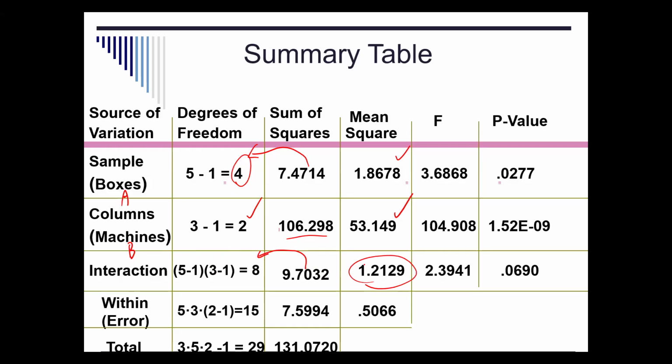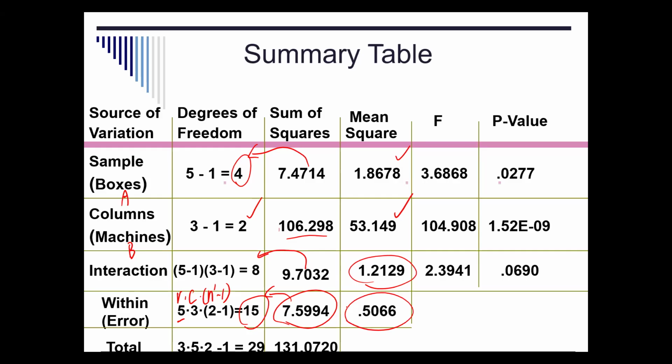And then we do the within errors, right? So we do 5 times 3, rows times columns times n prime minus 1. Right? So rows is 5 rows, 3 columns, right? 3 machines, 5 boxes. And then within each subcategory, there are 2 items, 2 minus 1. So that's going to be 15, right? So degree of freedom for within error, for the error term, is 15. And the sum of squares for the error term is 7.5994. And divide this, and we get